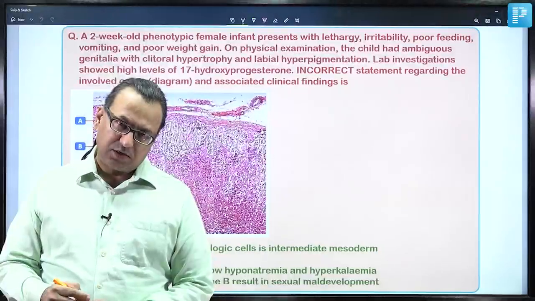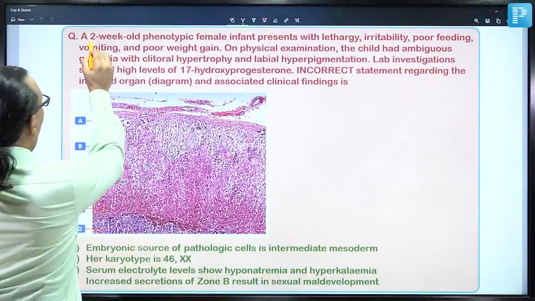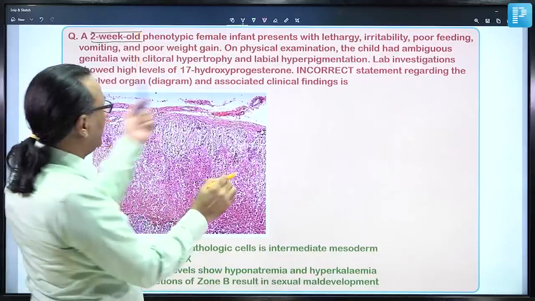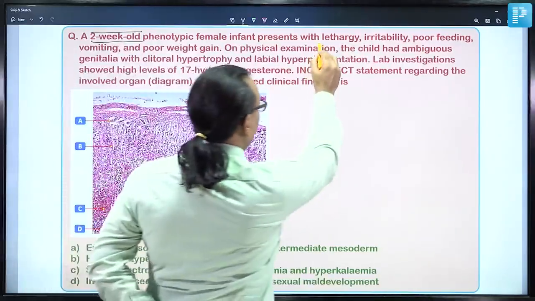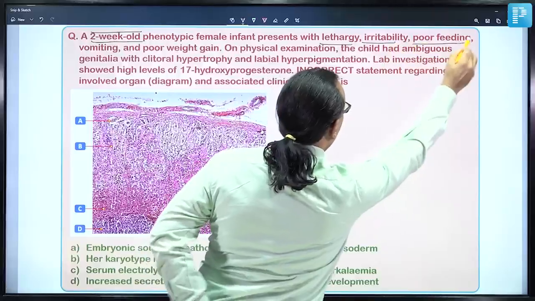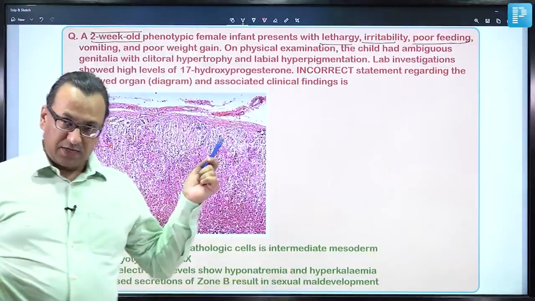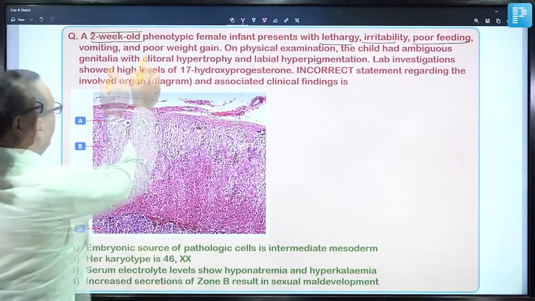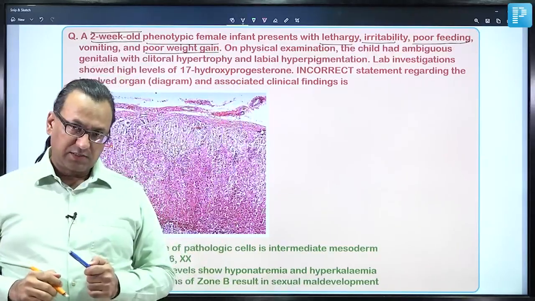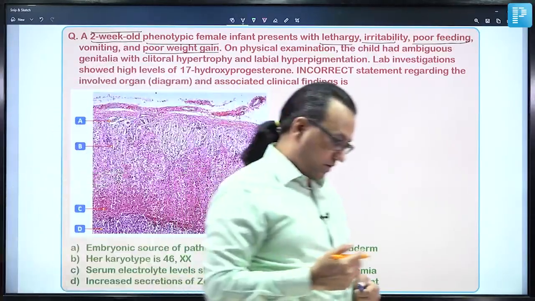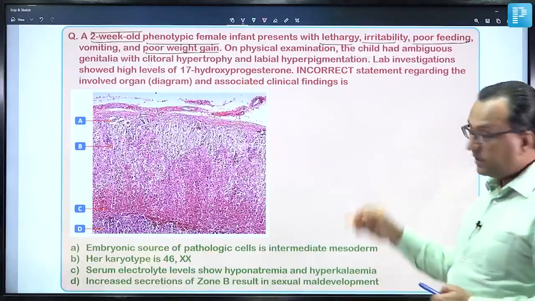We are looking at a case. A 2-week-old female baby has come. It's a neonate, basically, presenting with some lethargy, irritability, poor feeding, and even the weight gain has been compromised. Poor weight gain. Now, when we are doing a physical examination, we could see there are some ambiguous genitalia and